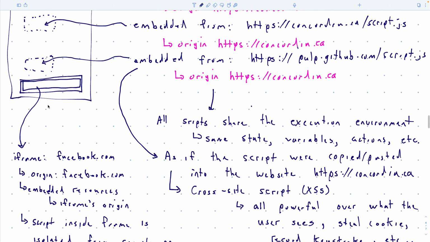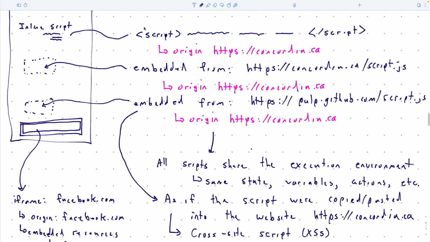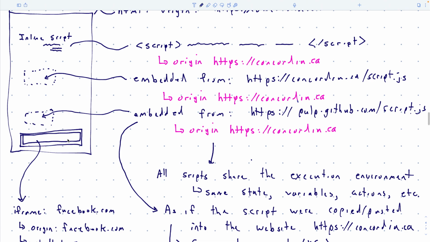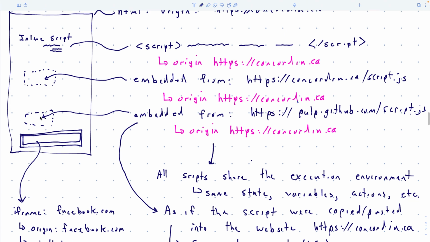Okay. Then the final bit we have is an iframe, which we also saw, okay? Now, if I put JavaScript in an iframe, does it run with the permissions of, is it assigned the origin of concordia.ca, or is it assigned the origin of whatever the iframe is? Okay, so it's going to be the origin of the iframe itself, okay? So iframes are more powerful in terms of isolating than embedding. So if I pull a script in and I dump it in the website, there are no boundaries between that script and the website itself. If I pull it into an iframe, then there are boundaries and the browser enforces it.